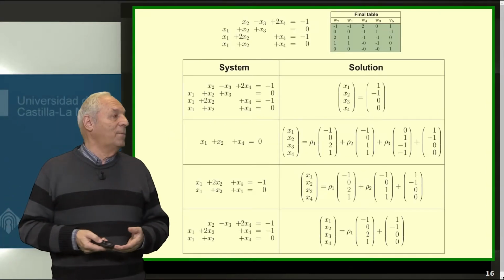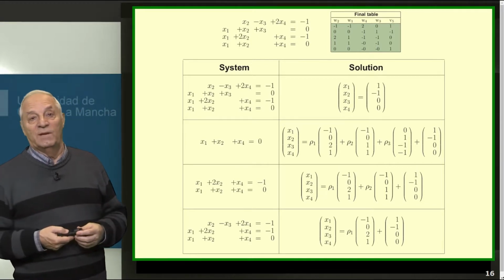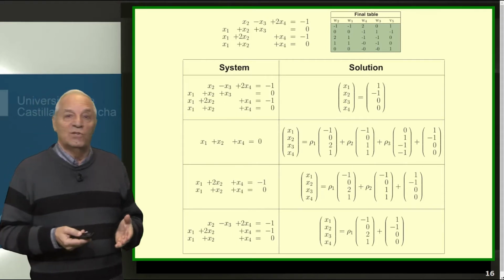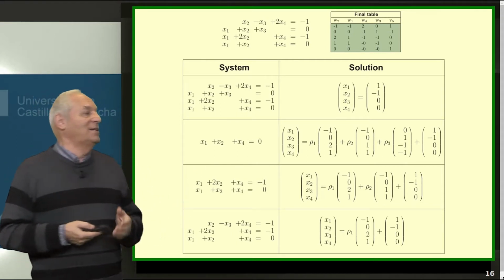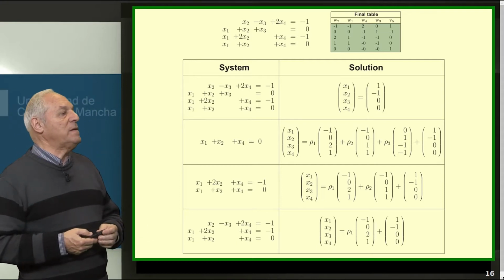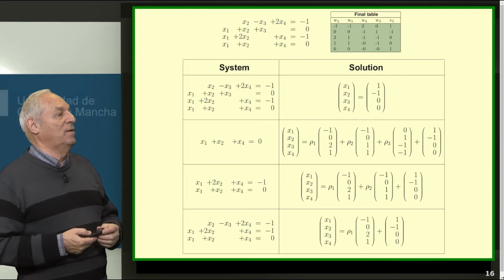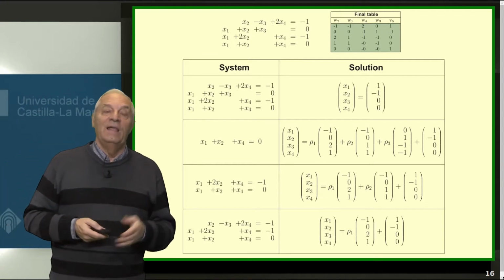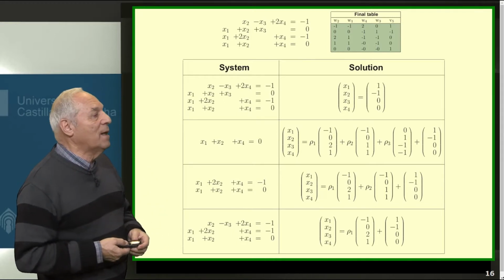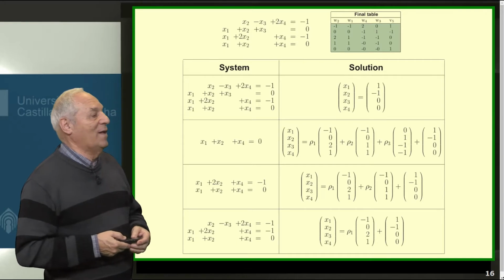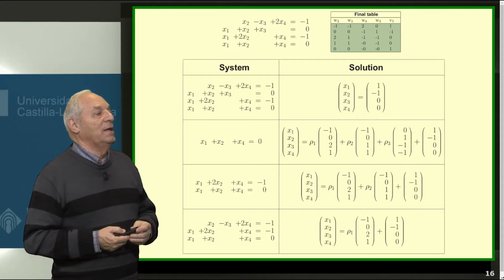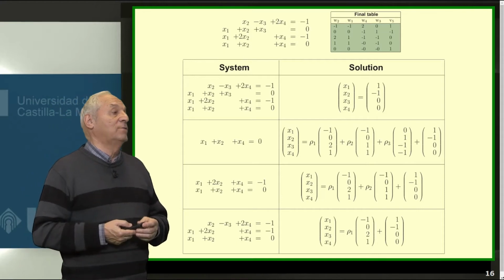Here you have an example in this table, where four systems appear. The first is the system of all equations, whose solution is unique, and that you have there. The second is the solution of the last equation. To get the solution of the last equation, since it's the last one, you have to eliminate the pivot column with which we pivoted, so we have to delete the W4. Then from the set of vectors that appear above, in green color, we have to eliminate the W4,